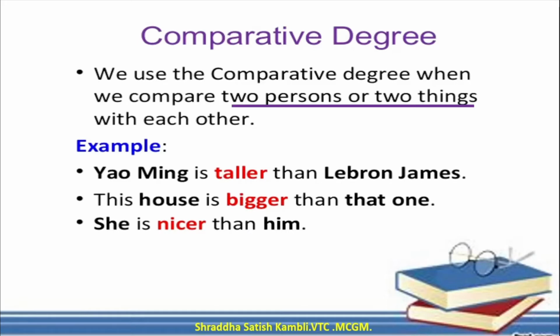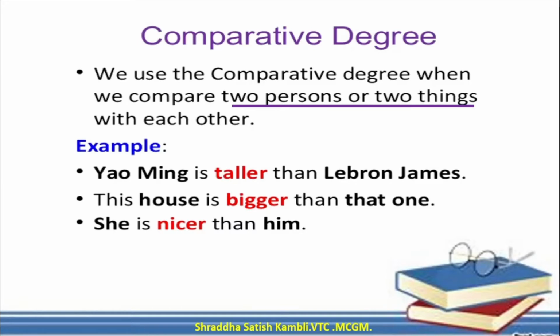For example, suppose you have a brother or a sister, and when it is result day, then your mother compares your marks, isn't it? She says, see, your sister got so many marks in maths and you got only so many. So mummy does some comparison between you two. So when there are 2 persons or 2 things with which we compare each other, then that is the comparative degree. Let us take some examples here.